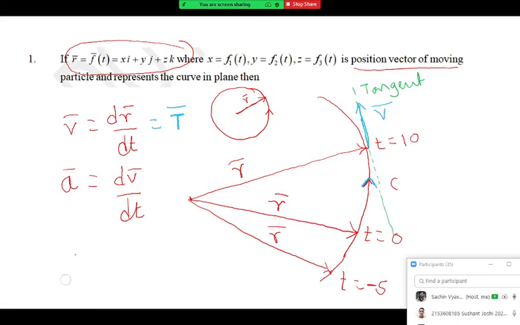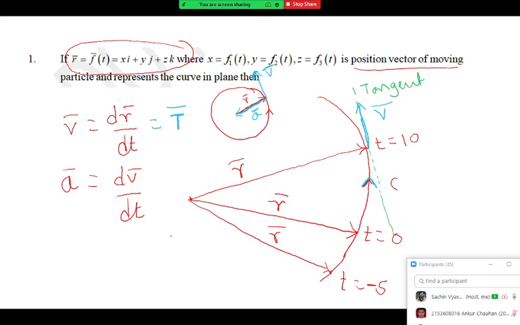Obviously, we already discussed the velocity. Is the velocity constant or variable? Velocity is along the tangent. The magnitude is constant at each point, but it is always along the tangent. If velocity is constant, then acceleration is towards the center, correct. So this is the direction of acceleration. This acceleration acts towards the origin. R bar is away from the origin, acceleration is towards the origin. That is for circular motion. When there is circular motion, acceleration always acts towards the origin.